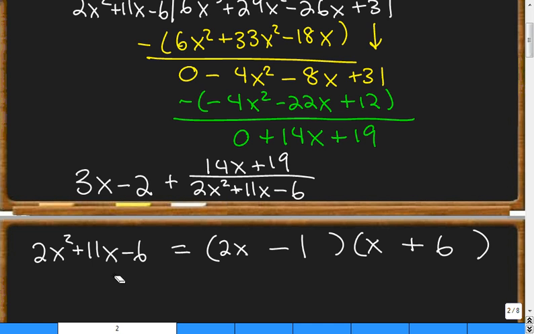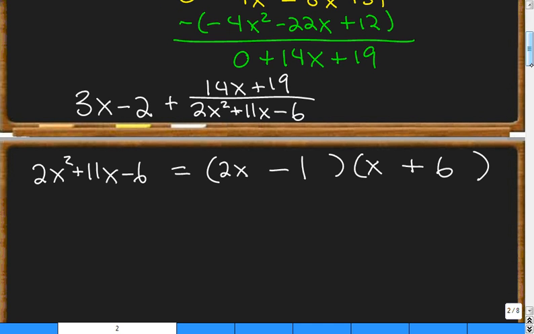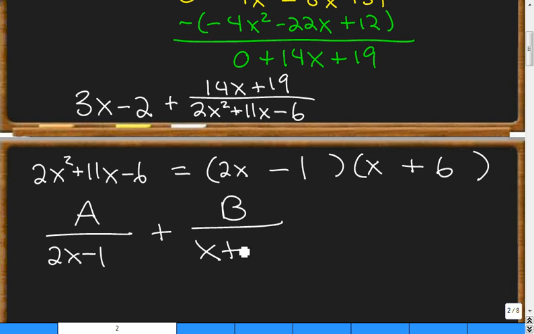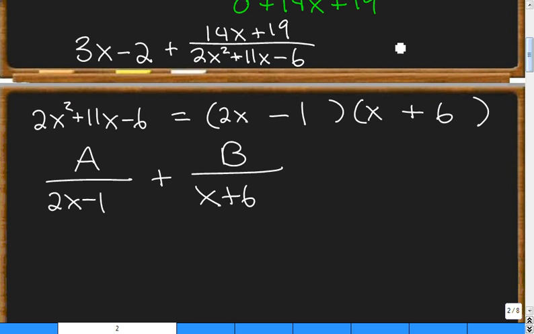So this is how we're going to break this part up. So this fraction here is going to make A over 2x minus 1 plus B over x plus 6. And so based off of this, and also looking back up here to begin with, we have A times x plus 6